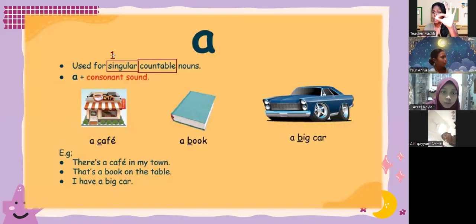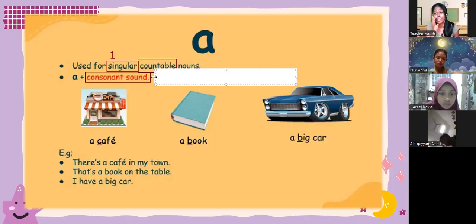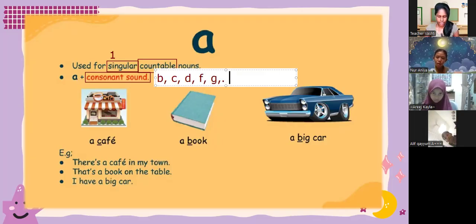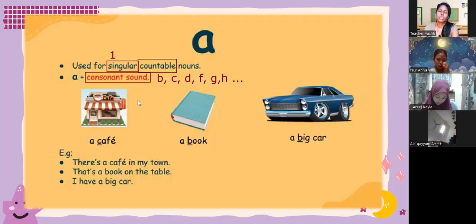Countable means boleh dikira. Okay, we also use it for consonant sound. Apa maksud consonant? A-E-I-O-U. No, that is vowel. Consonant sound means selain dari A, E, I, O, U. It's B, C, D, F, G, H, and so on. Okay? Selain dari A, E, I, O, U, you can use